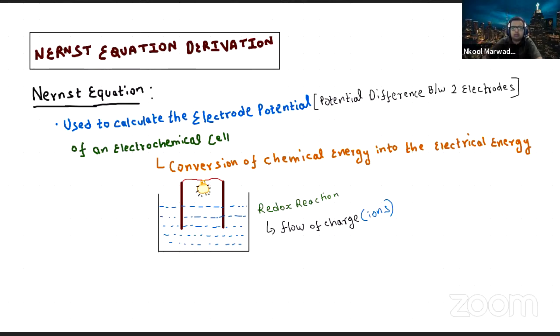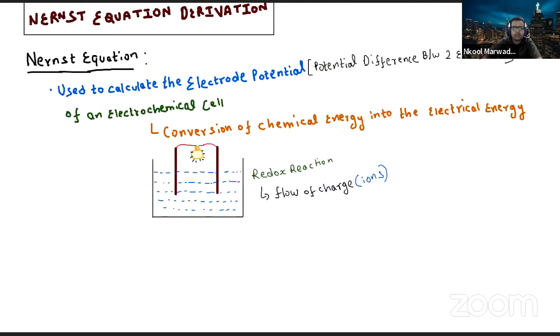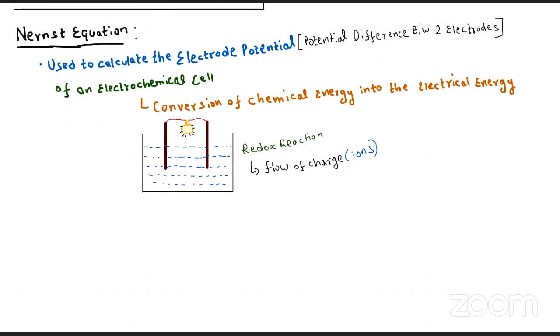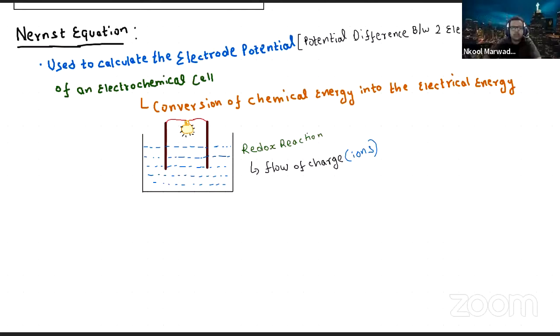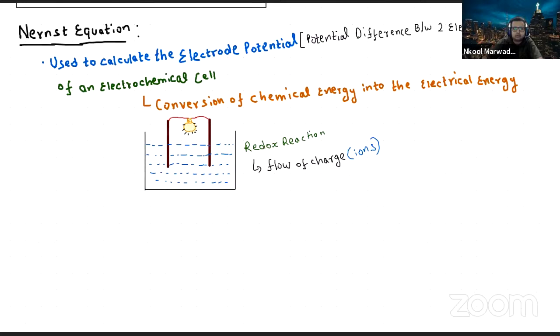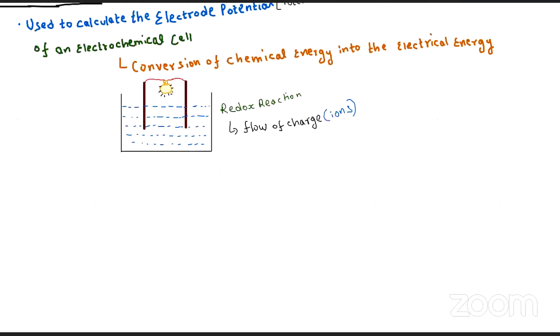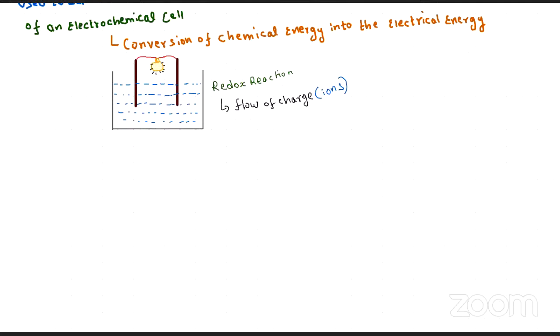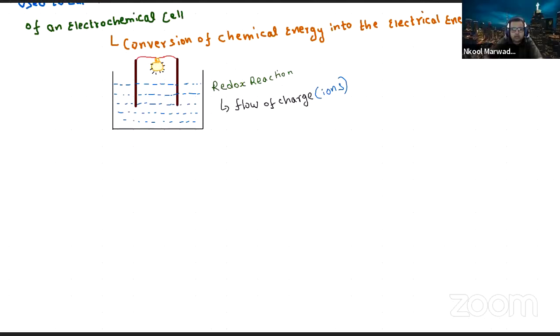Let us now write the equation itself. The Nernst equation is something like this. E cell, the electrode potential of the electrochemical cell, is equal to